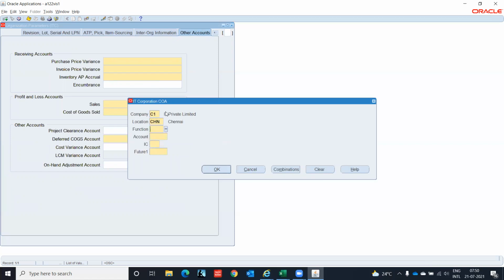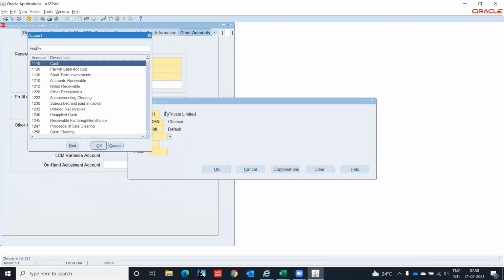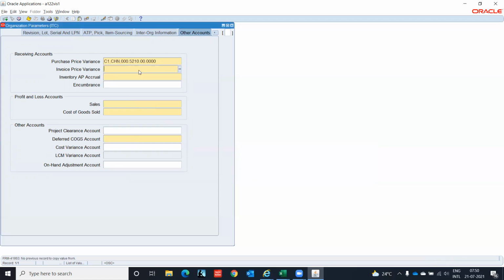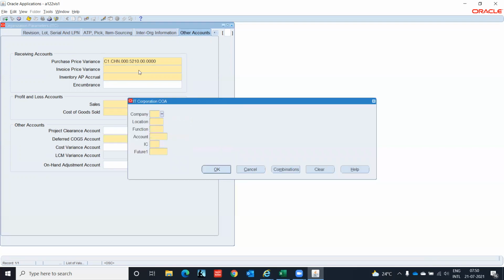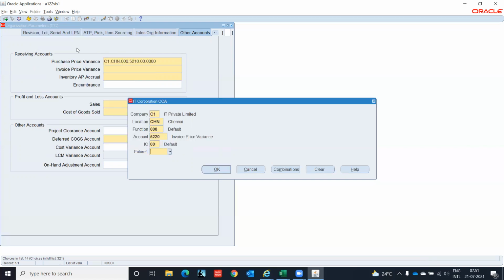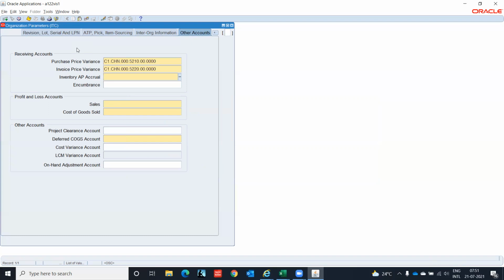C1, CHN. Here I will write variance, and we'll see purchase price variance. We have material purchase price variance. Okay. So C1, CHN, variance, invoice price variance. Okay, when you have standard costing and inventory, if you are following that, all variance will come. AP accrual,